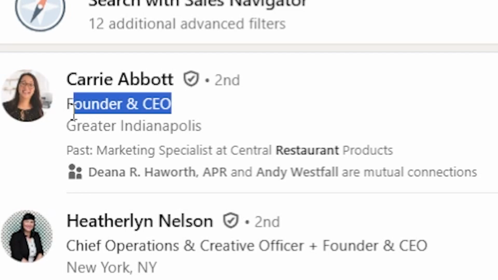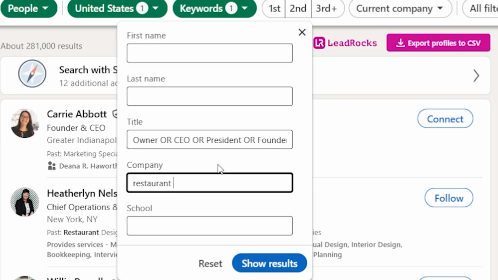But now they're the founder and CEO of a different company. And so sometimes that can be a problem where it's just showing you people who somewhere in their profile it says the word restaurant, but it was sometime in the past. And so that can be kind of annoying and frustrating when reaching out to them and they say, oh, I don't work there anymore. So the way to fix this is go into the keyword search